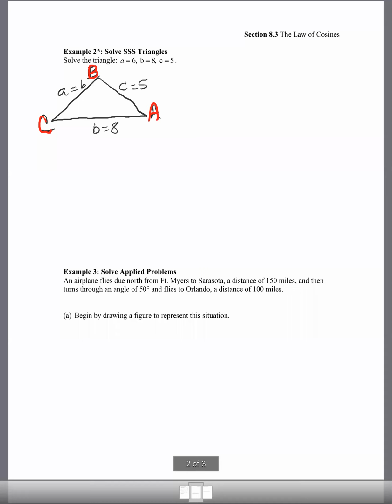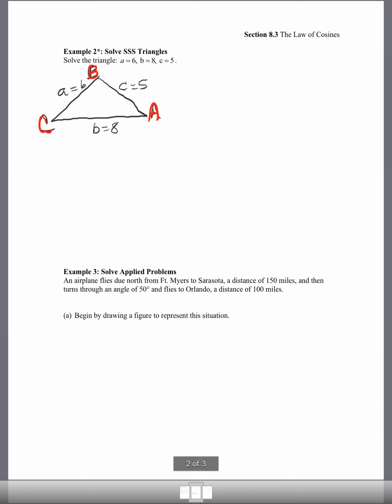Okay, so if we're looking for all 3 angles, then again, one of the best things to do here is decide which angle ought to be the largest. In this case, it should be angle B, since its side is 8 and it's the largest of all 3 sides. So if we go in there and calculate for angle B,